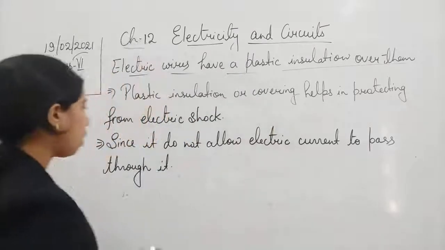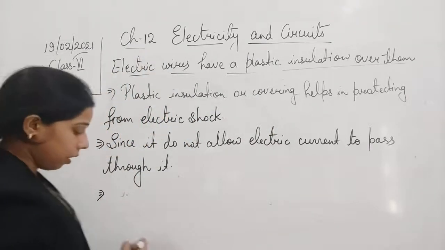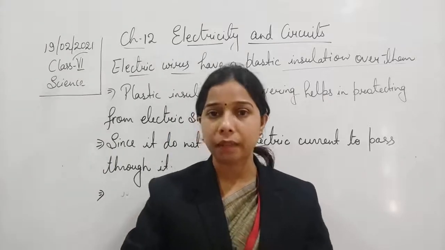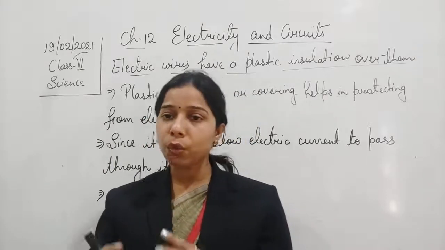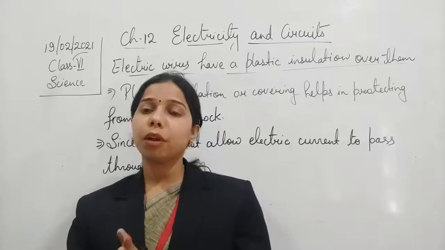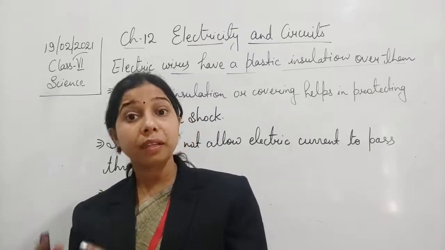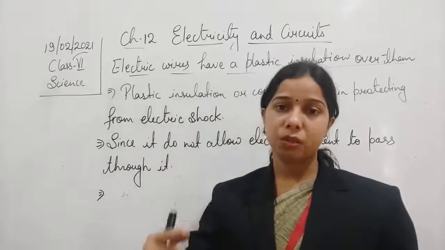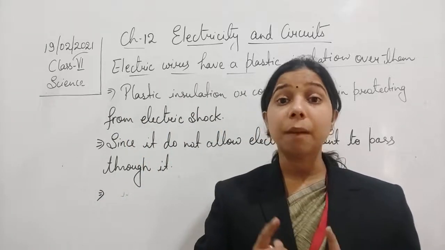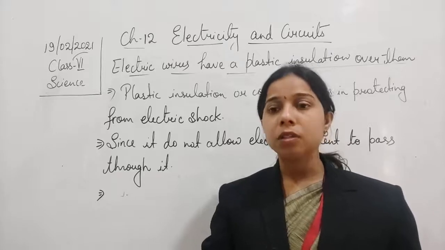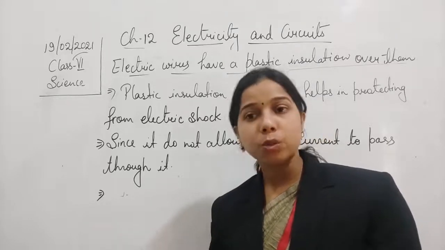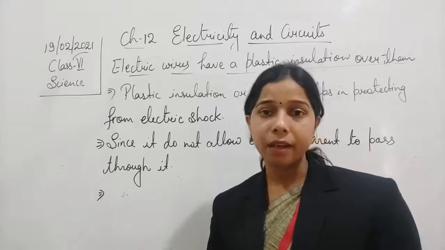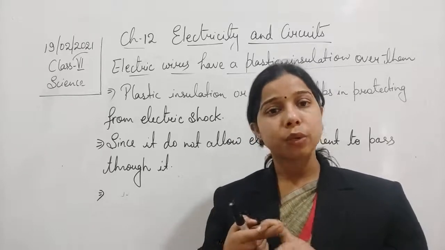Now, a question arises here: how will we connect two wires together? If you want to connect two wires, or connect any device with the wire, we have to remove the insulation. It means we need the bare wire. So at first we remove the insulation at the end, make the bare end, and then connect the two together.